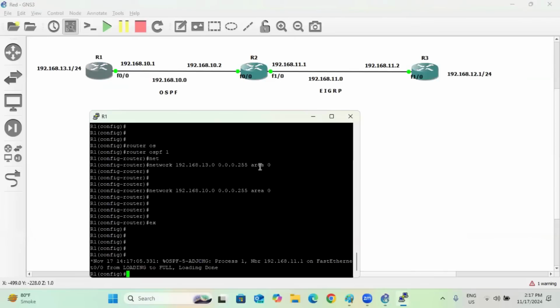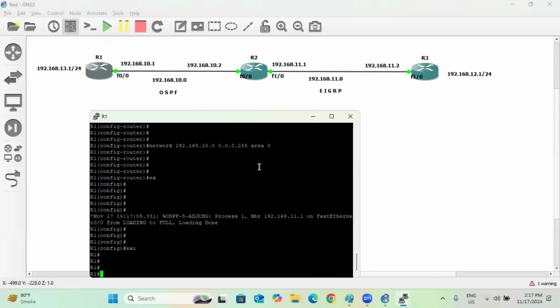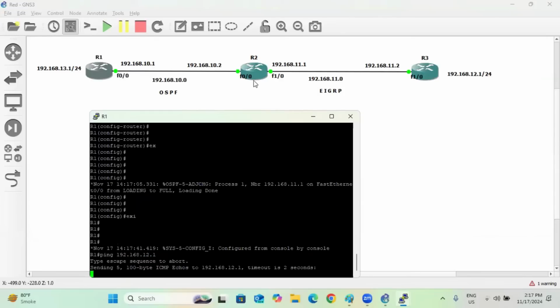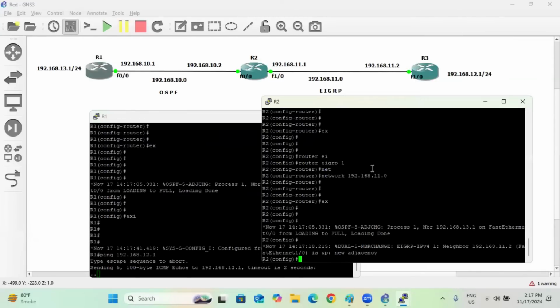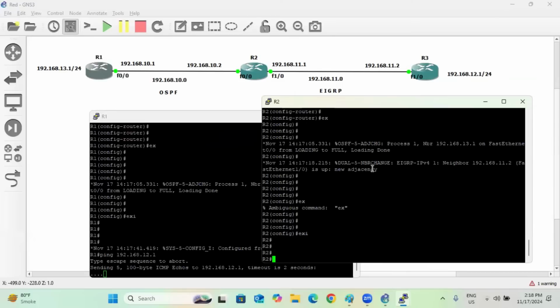right? Let's go to router number 1 and try to forward the packet. So, ping 192.168.12.1. It will say no, we cannot forward the data. So let's go to router number 2 and try to forward the data. Exit. Okay. So ping